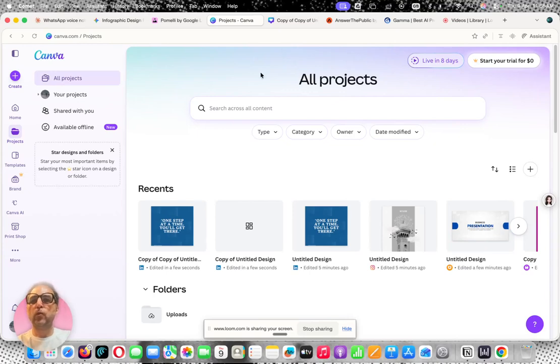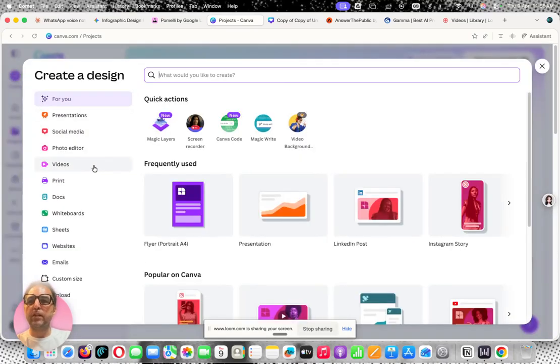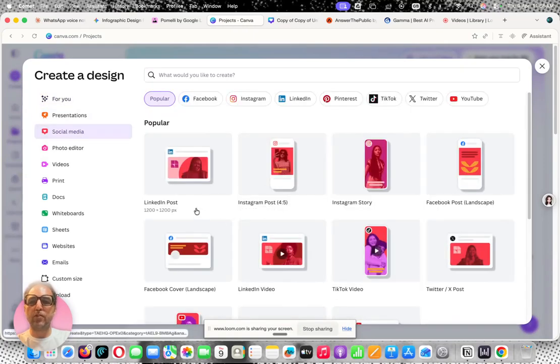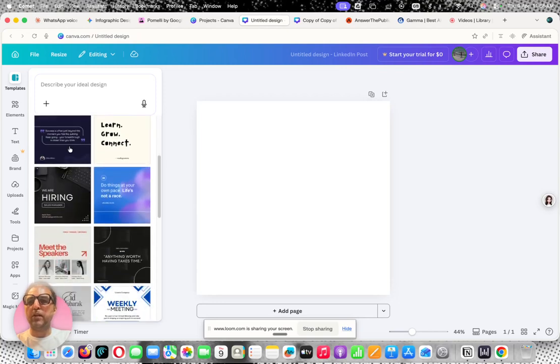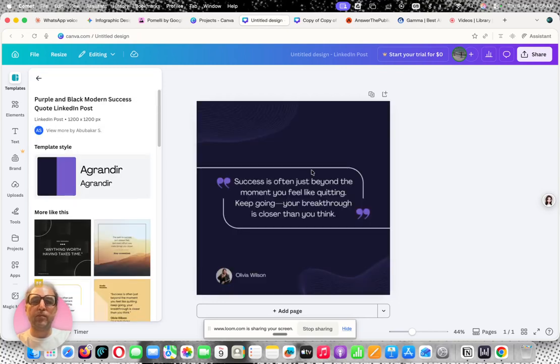Another great tool is Canva. In Canva, you can design anything. It could be slides, it could be websites or poster banners. So you can click on create. Let's say you want to create a presentation, or you want to create a social media post. Let's create a LinkedIn post, and then you can pick one of the templates and start